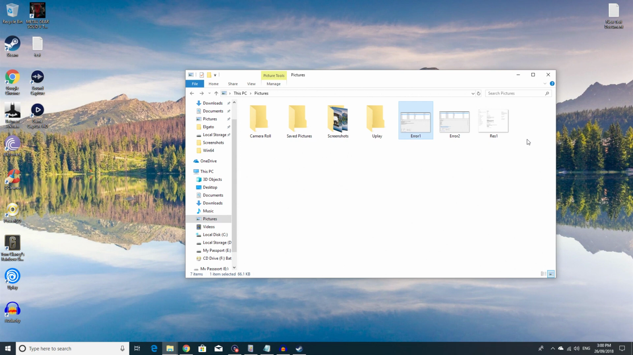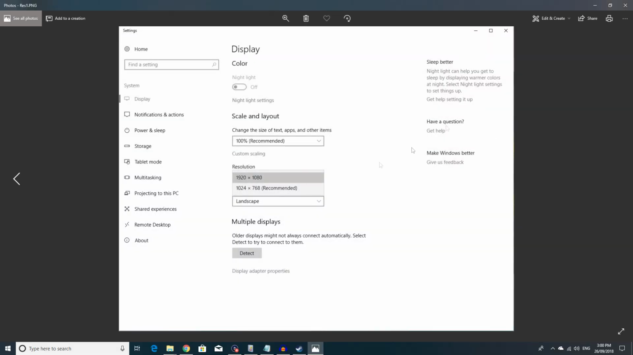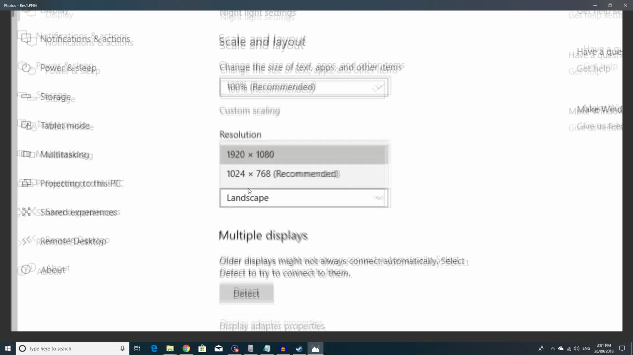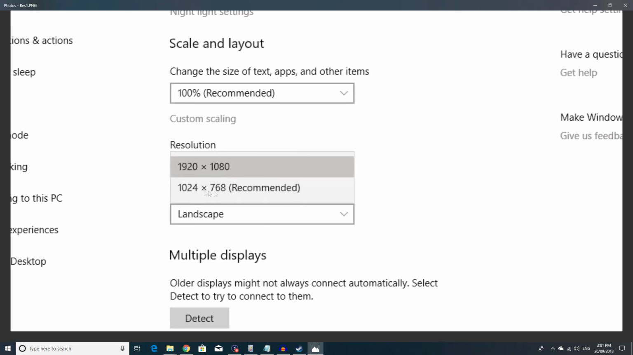All you have to do is make sure that you install your graphics driver, because when you don't install your graphics driver, your Windows resolution will be displayed at a weird size here, like I had here. But anyway,